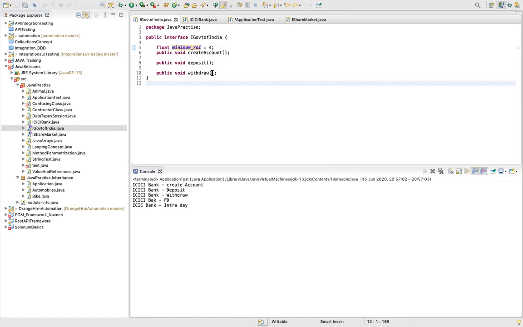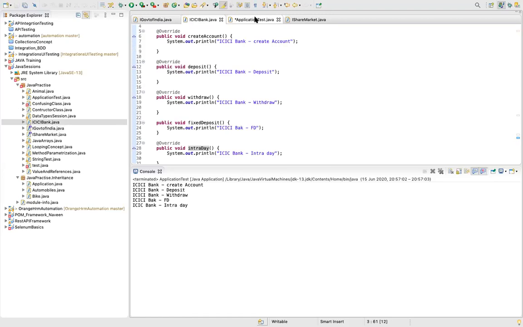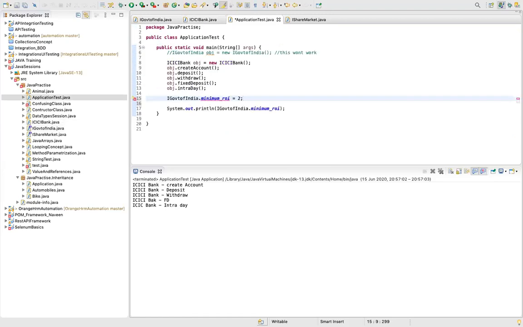If you change the value, then what's the purpose of having an interface? We are forcing you to do something, and if you reassign it, there is no point in having an interface and implementing it. So these variables are static and final in nature, and this won't work.